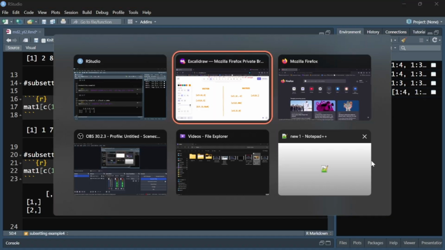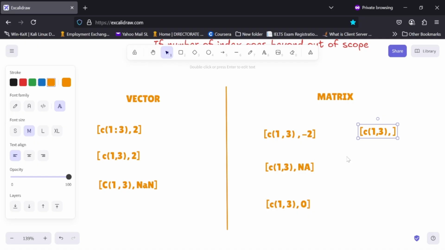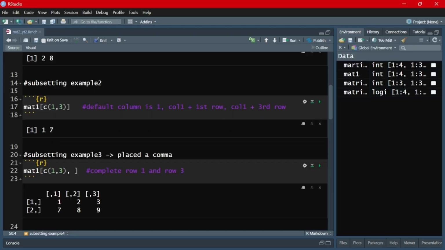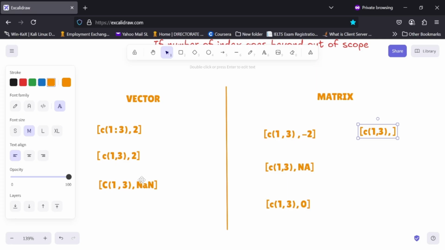So it will select the entire row, that is correct. It will select the entire first row and third row. Let's see again. But if I do this, only if I do not place any comma here, 1, 3,